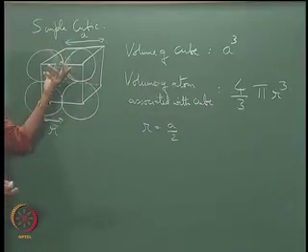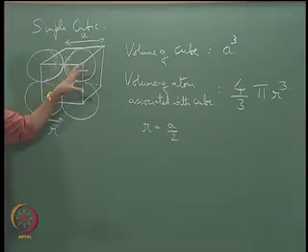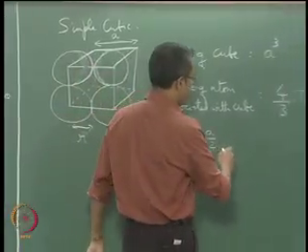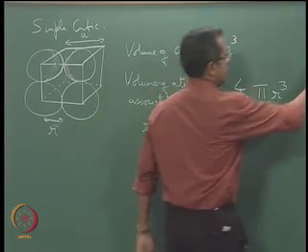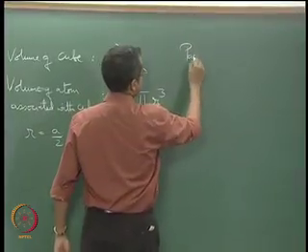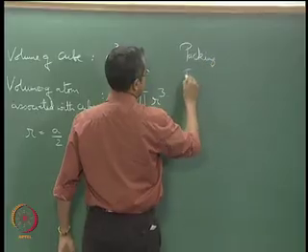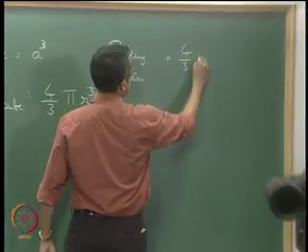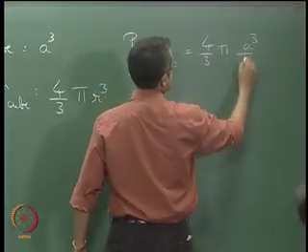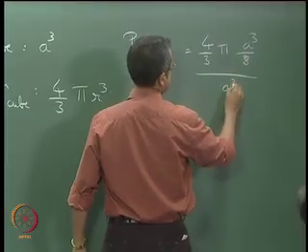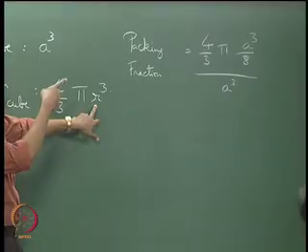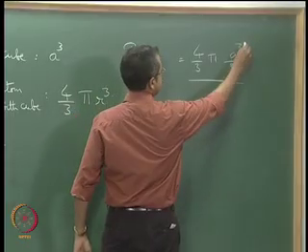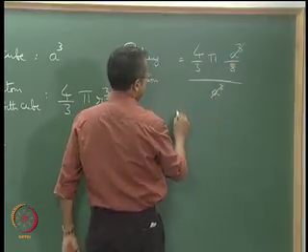If you look at packing fraction, the packing fraction is simply the fraction of the volume of this cube which is occupied by the atom. So that is the packing fraction of this system. I will put it down here. a/2 I have substituted for r, so you have a cubed by 8, and a cubed is the volume of the cube. So if we simplify,